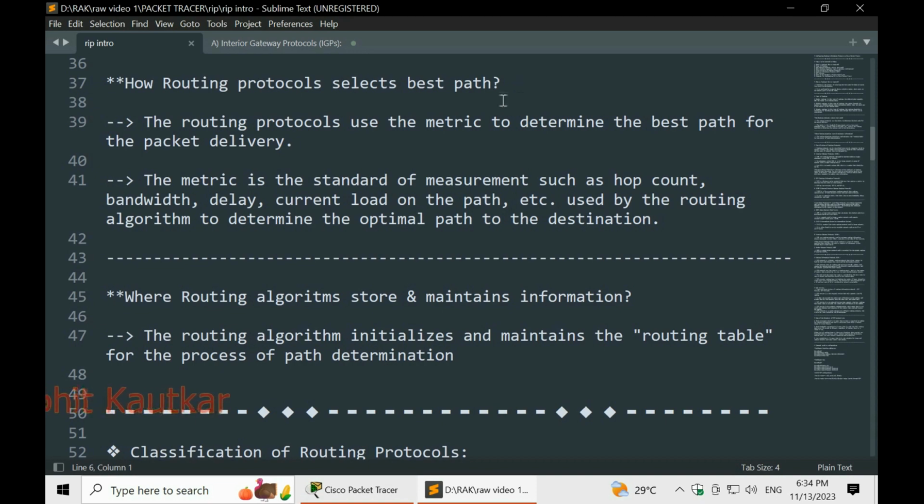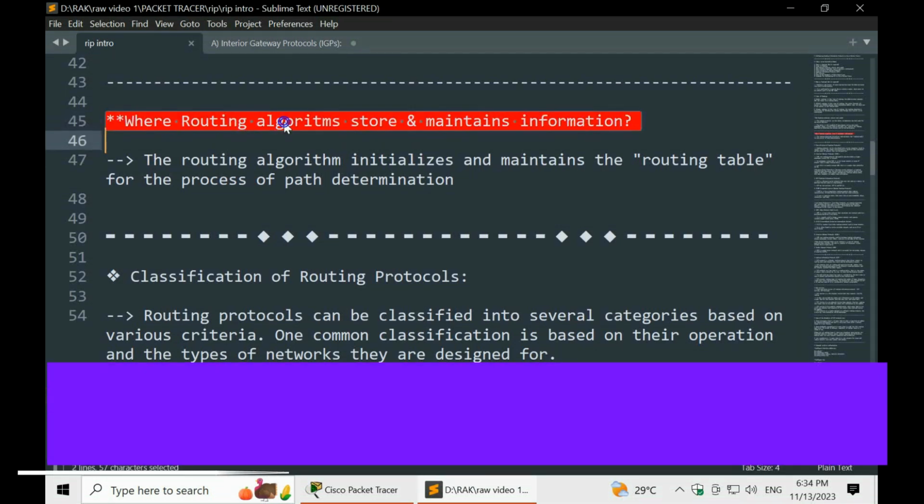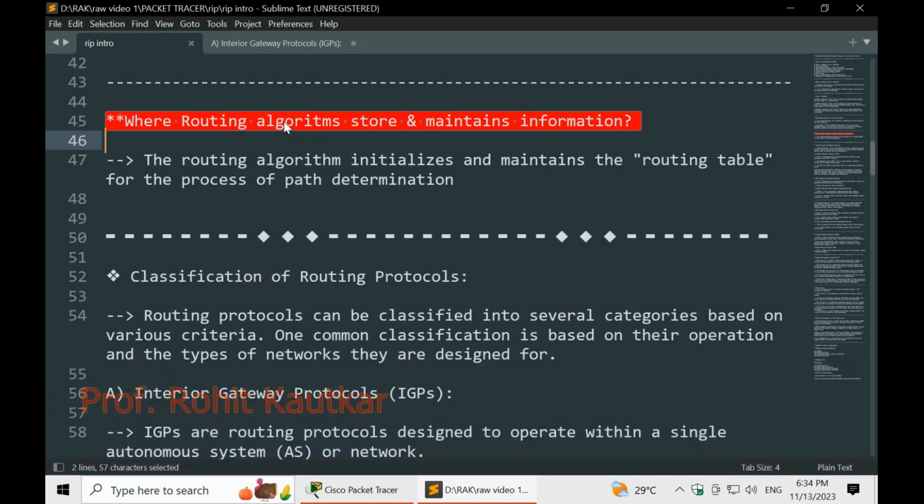Friends, next point we will try to understand is where these routing algorithms store all this route related information. They have a special database called a routing table. In the routing table they have an entry of all possible routes with their metric cost.